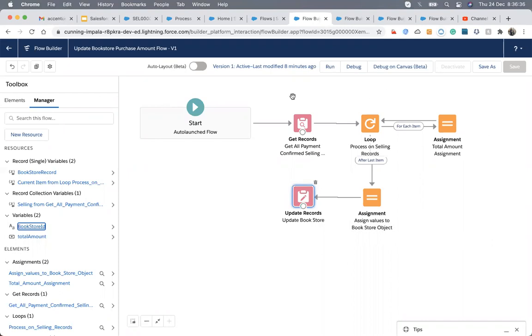Anyone can answer? Suppose this flow is called from a process builder. The requirement is that I don't want to use any process builder. This flow will automatically get called. So what should I do here to make changes? Like timely scheduled? No, wrong.